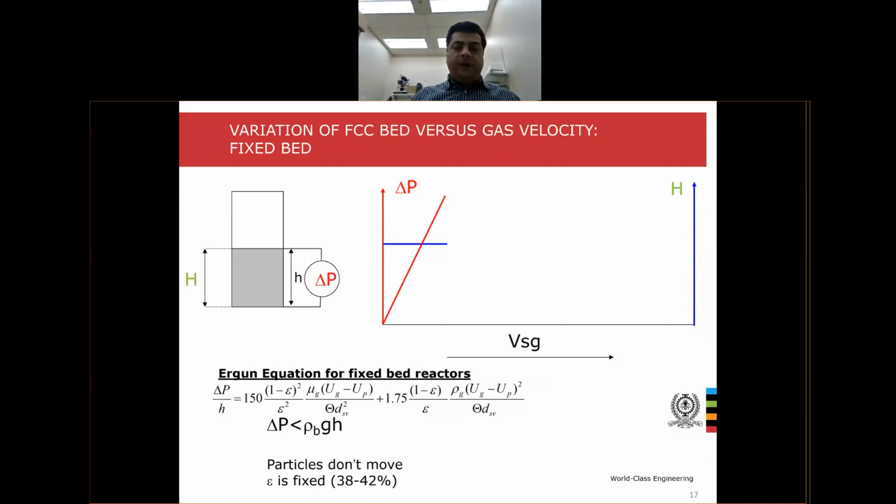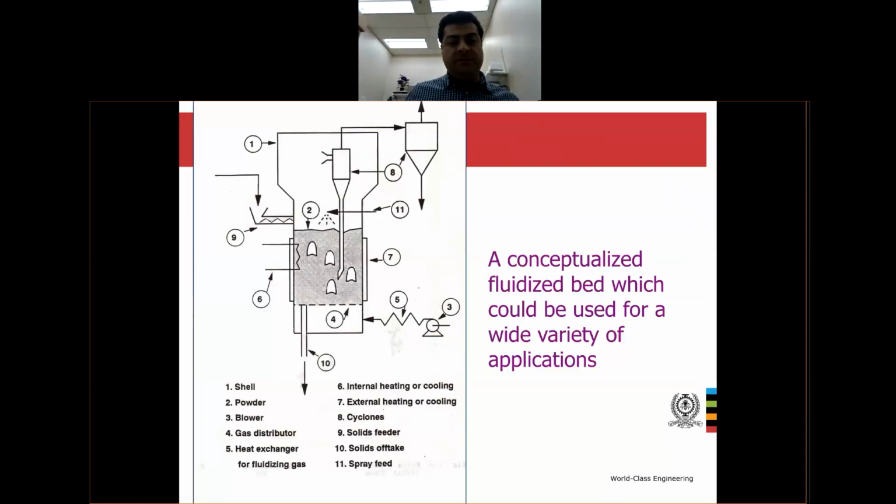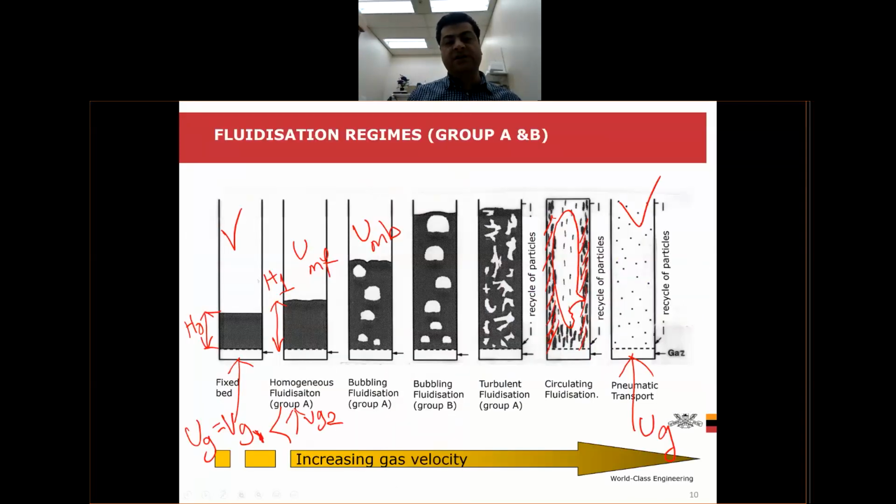So, let me tell you something a little bit. If you remember, by the way, I said that in fluidization you have different regimes, from the fixed bed regime up to the transportation regime. But something that is